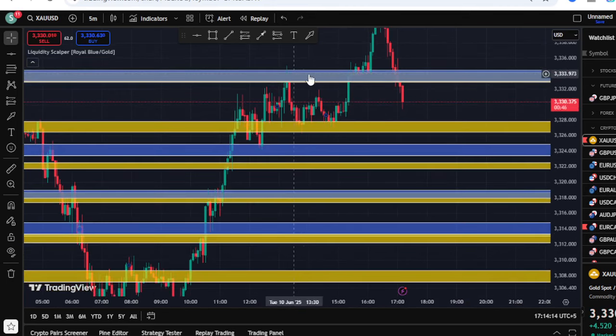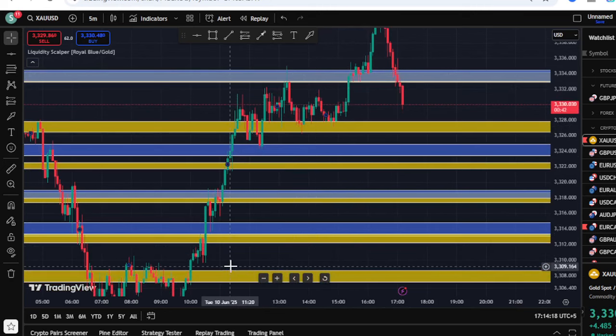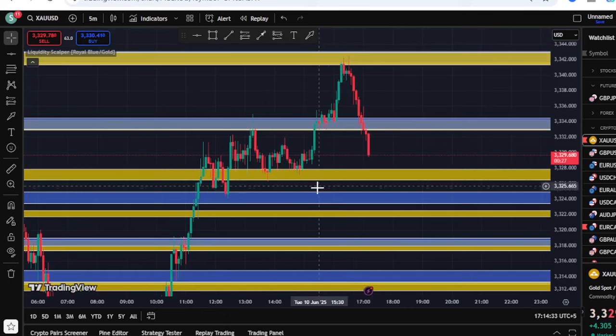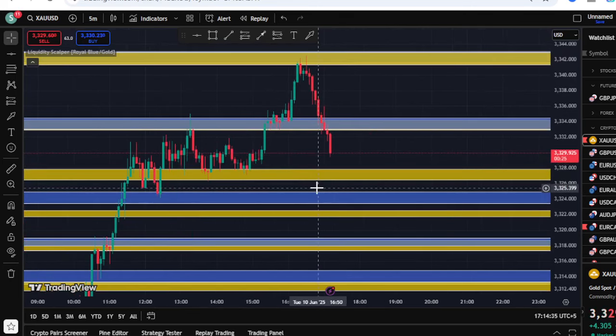First of all, you can see there are different colors used in the indicator. There is no difference, like we cannot say that yellow is for buy and blue is for sell. No, this is not the concept. Basically, you will treat that full zone as a full zone, no matter if it's yellow or blue or a mix of combination.